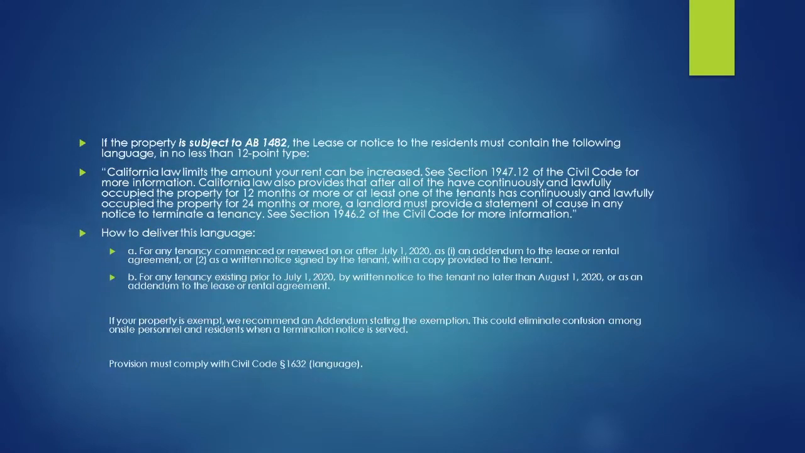Okay? So if the property is subject to AB 1482, the lease or notice to the residents must contain the following language in no less than 12-point type. Okay, you have to have that. And then how do you deliver this language to the resident or serve the tenant? For any tenancy commenced or renewed on or after July 1st, 2020, as one, an addendum to the lease or rental agreement, or as a written notice signed by the tenant, that's key, with a copy provided to the tenant,